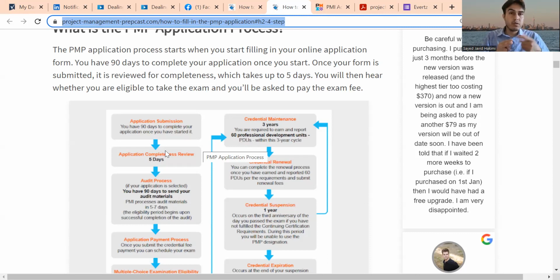But if you go to audit, it will take some time again. It says that it takes 19 days to audit your process, maximum 90 days, but they will do it quickly. So after all this process is done, when your application is accepted, you have 1 year to